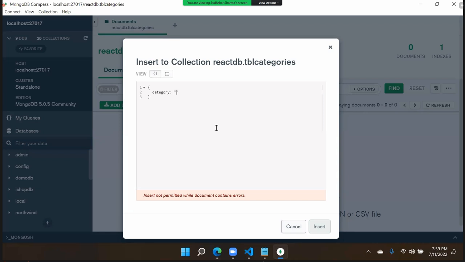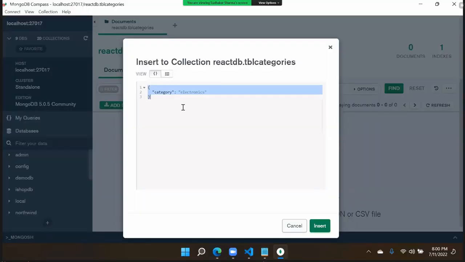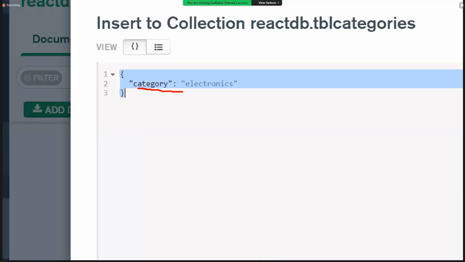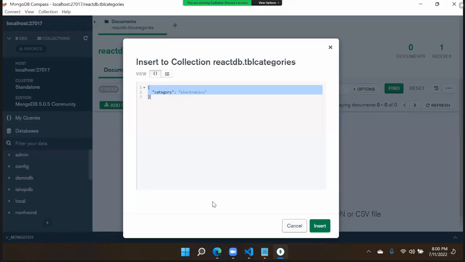For category, I will give, suppose we have electronics. Electronics is one category. Okay, let's insert. So category electronics. Okay, electronics is one category. So I'm using this because actually observe here,